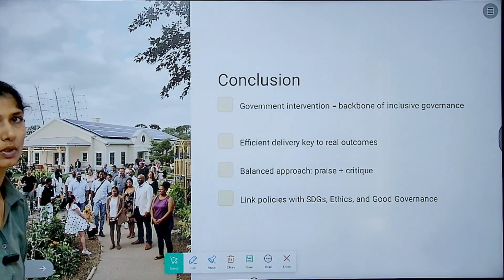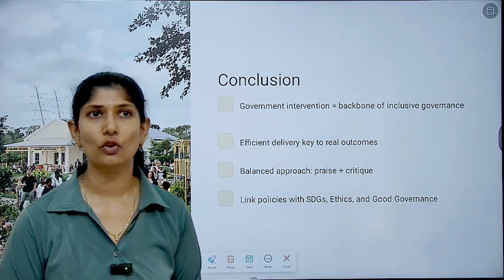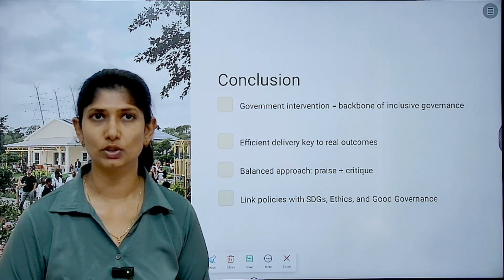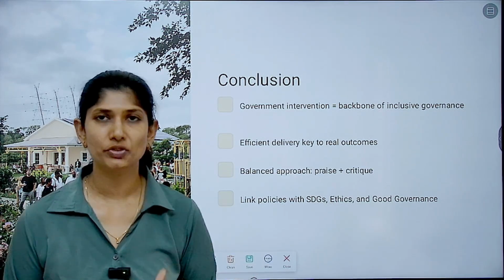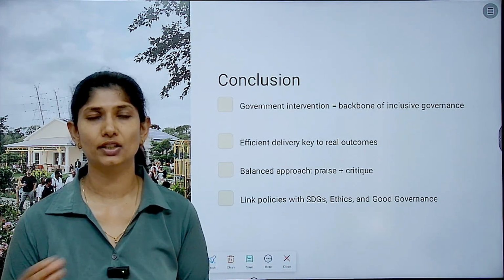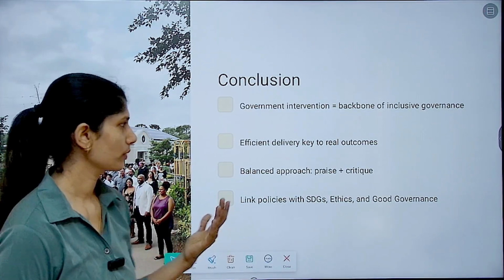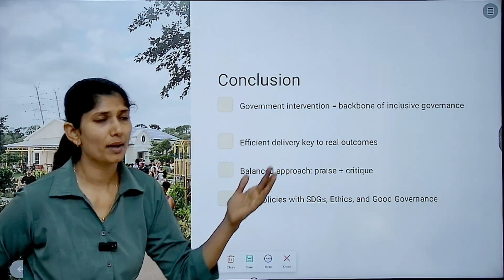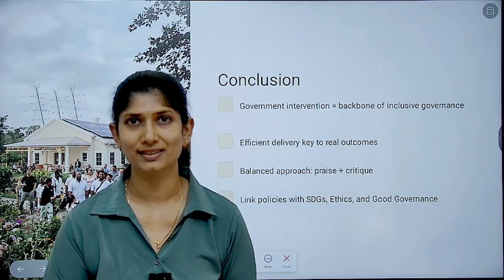Conclusion can be more about how government intervention is very much important for inclusive growth, sustainable growth, development, and also to plug the gaps, in which, see, India is trying to be a welfare society. So in order to do that, government intervention is very important, and for that to happen, a good last mile service delivery is needed.